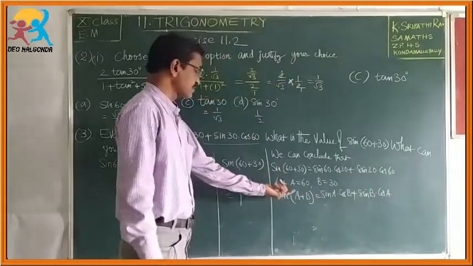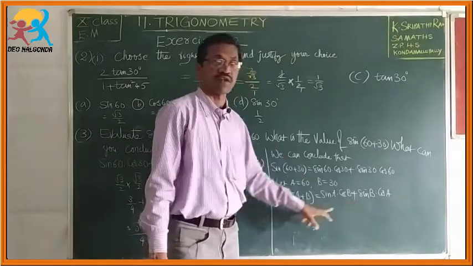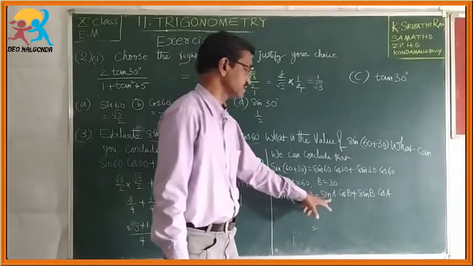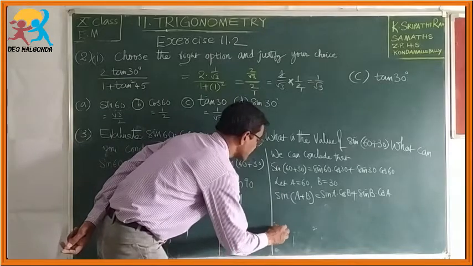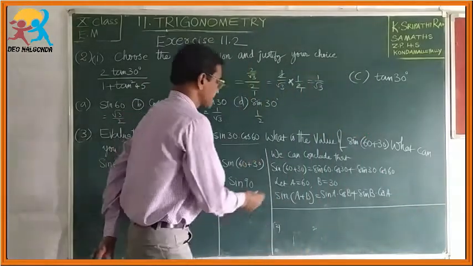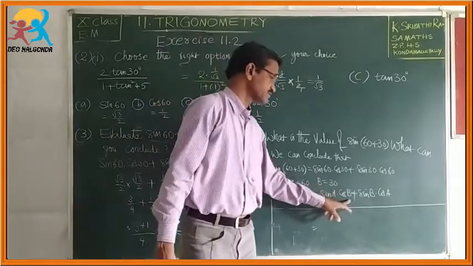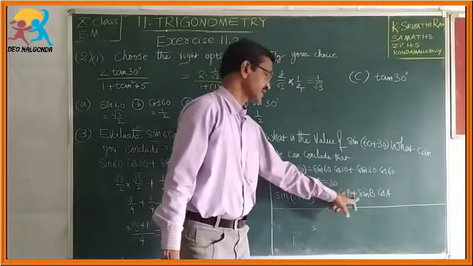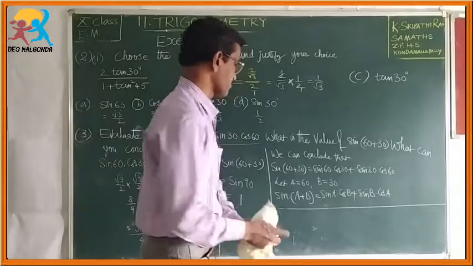This is a formula, called the trigonometric formula for compound angles. To find compound angles we use this formula. If there is a minus, one more formula we can write from this. It is not related to this problem, but we can write sin(A - B) is equal to sin A cos B minus sin B cos A. If the minus symbol is there, you have to write minus here. So the remaining part of the problem is the same.